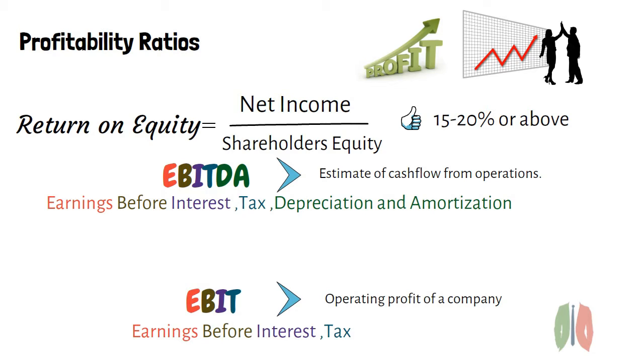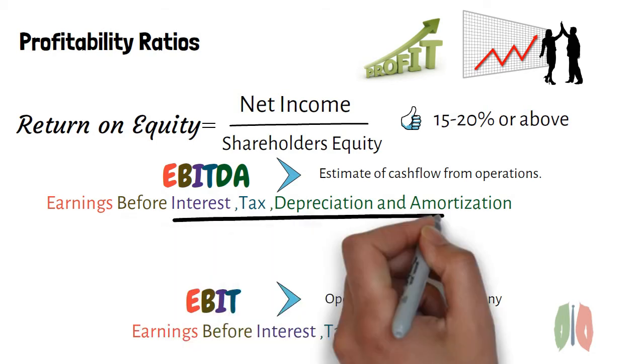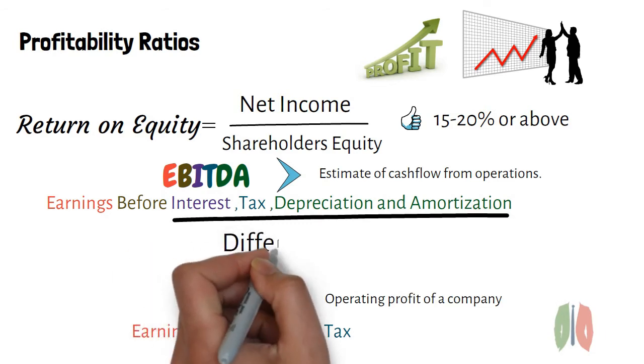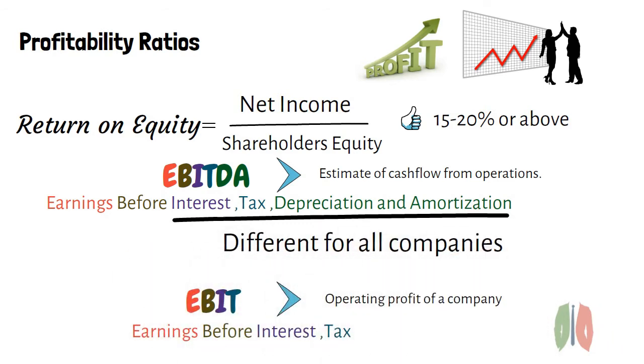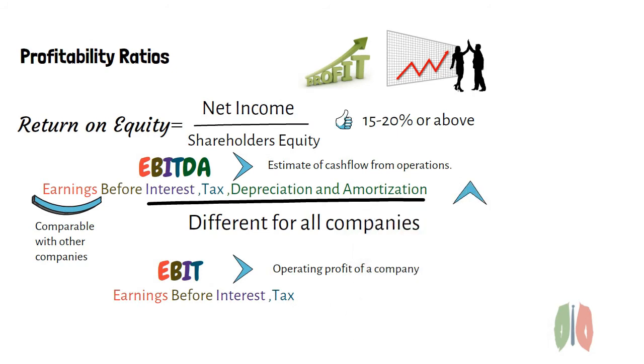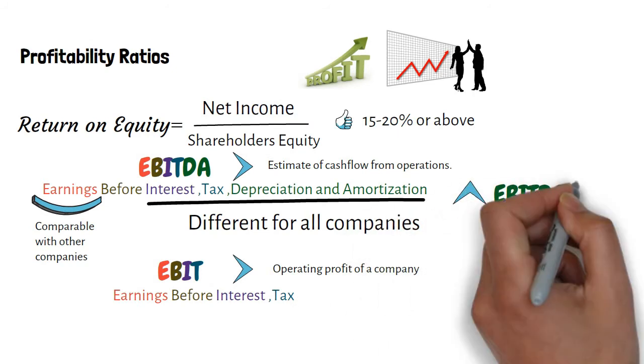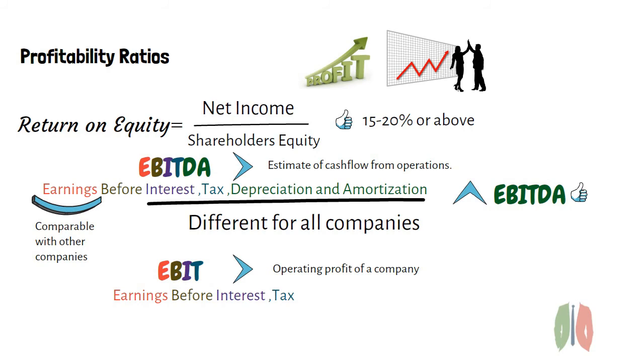The importance of this EBITDA margin is, let us take earnings before interest, tax, depreciation and amortization. In this EBITDA, interests are different for different companies and tax rates are different for different companies. So as the depreciation and amortization, all these four things are different for different companies. But what remains the same is the earnings with respect to the revenue. So if we take the percentage of earnings with revenue, we'll be getting the EBITDA margins. So the company having more EBITDA margins compared to the other company is best for investment. So this is the importance of this EBITDA margin.